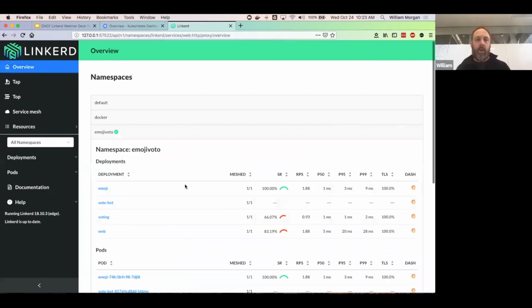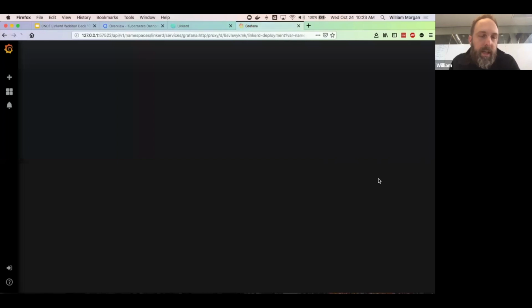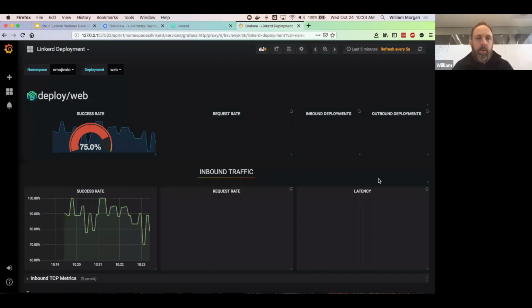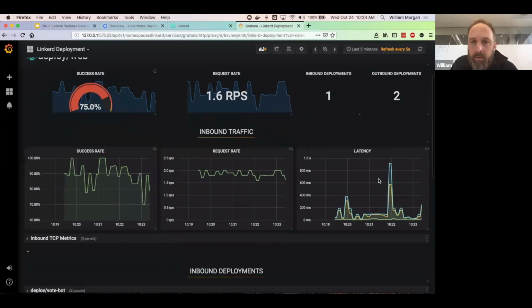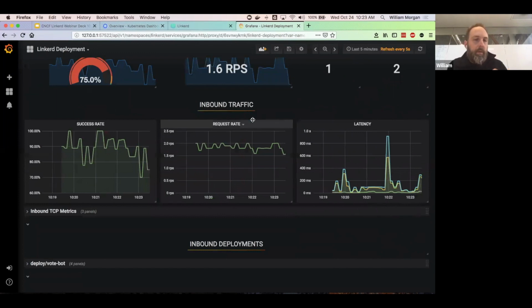The first is, you may have noticed that in this table, we actually have these little orange links here. Let's pick a good one here. Let's go to web. And this will take you to the pre-configured Grafana dashboards. Just a little bit slow as we load Grafana. We try and build you these pre-configured Grafana dashboards for